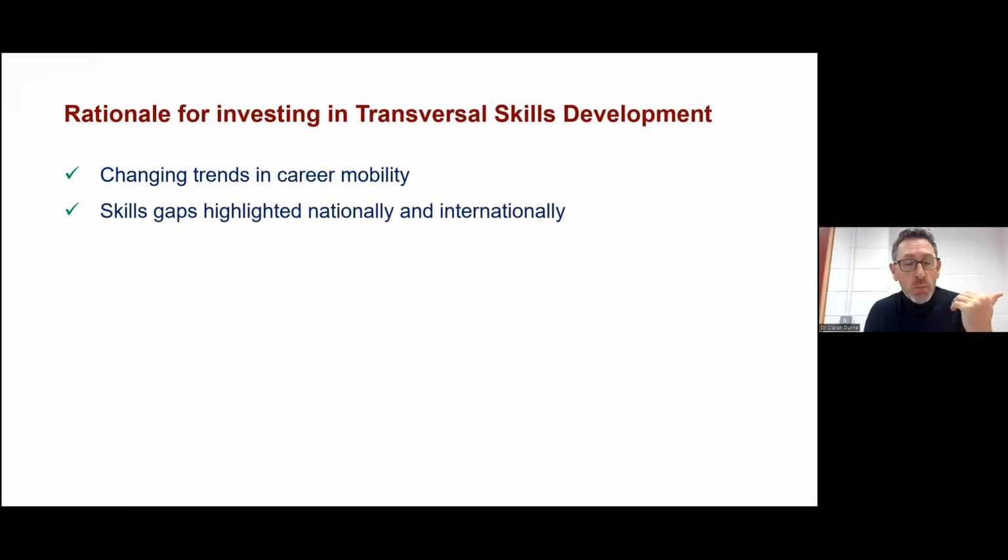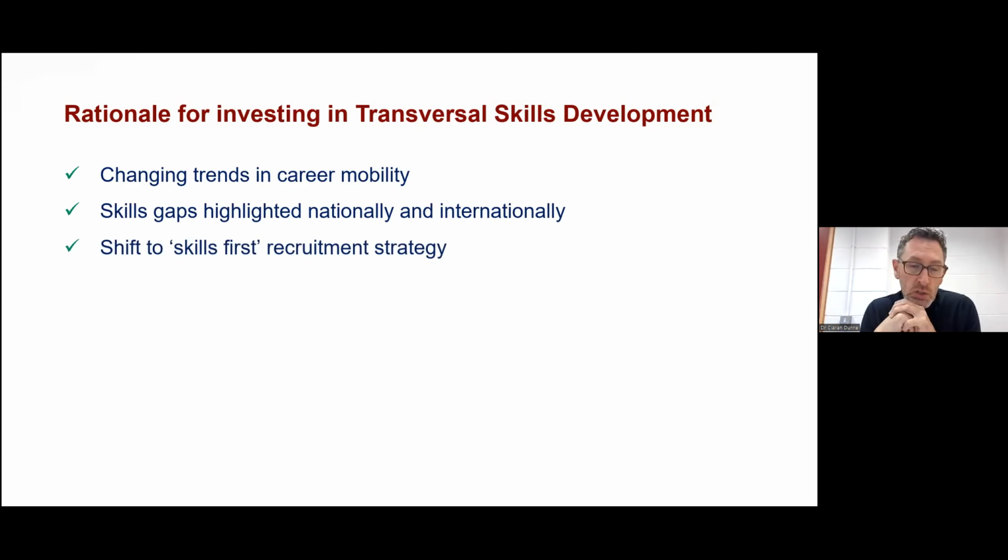Also, there are so many different reports done nationally and internationally around skills gaps, whether it's the World Economic Forum, the OECD, the EU, IBEC, talking about the need for graduates to have specific skills that industry is screaming out for. I'm sure Majella can speak to that as well. And as part of that, what we've seen is a notable shift towards a skills-first recruitment strategy by industry. That means industry cares about what qualification a student has, but they're increasingly concerned with what skills the students have and how the student can actually demonstrate and evidence those skills, which links with Majella's point around the storytelling.